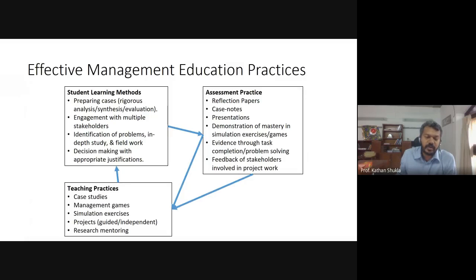We often require a lot of field projects. So we can also talk with the different stakeholders, कि उनका काम क्या है, कैसा हमारे students का काम कैसा रहा. That also we can know from that. And then for this, our teaching practices also need to be changed.